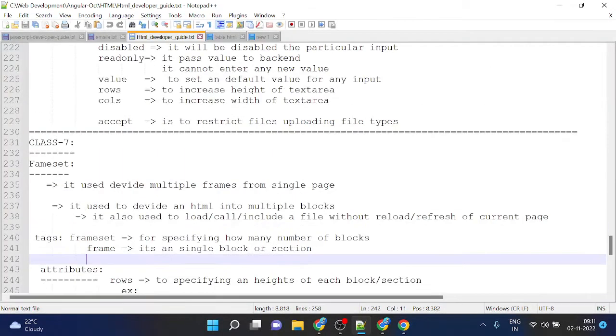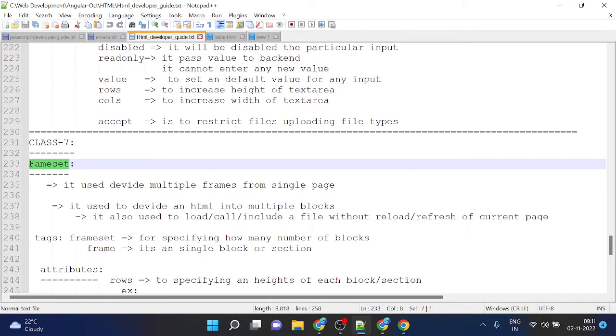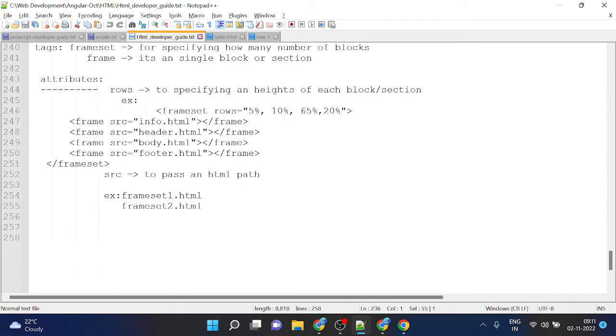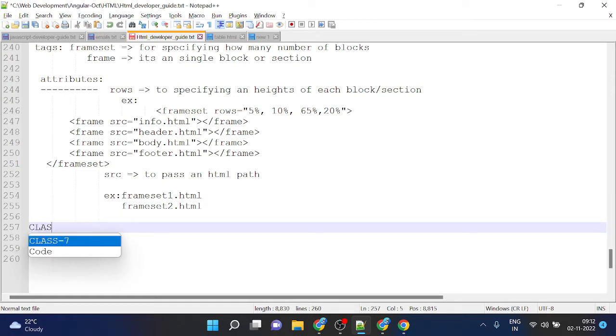Yesterday, we had discussed frame sets. It means what a frameset is, how we can create it, and how we can link from one frame to another frame with the anchor tag href, how we can navigate or link. Those functionalities we saw yesterday. And today is the last class for HTML,